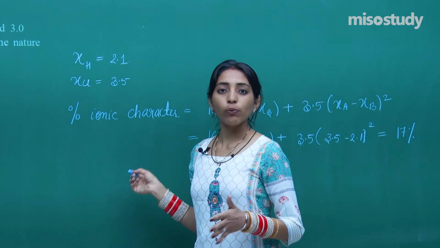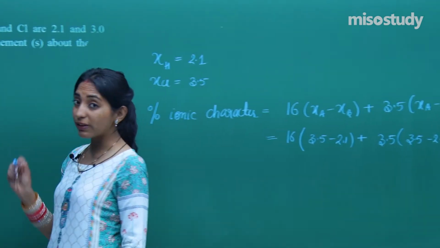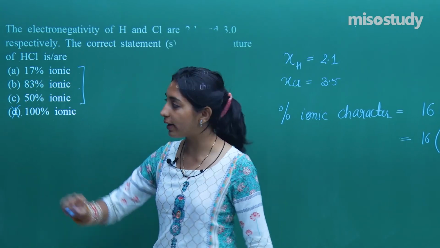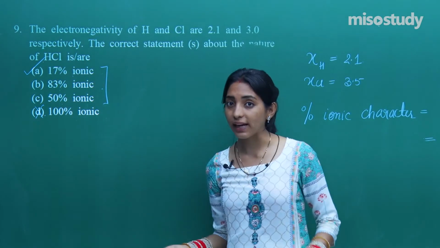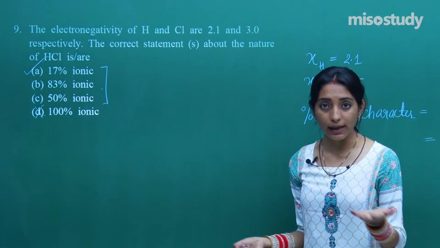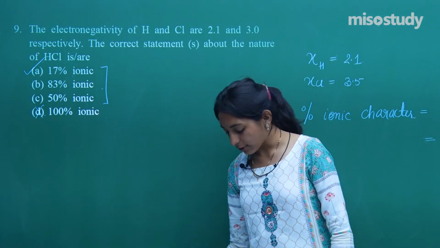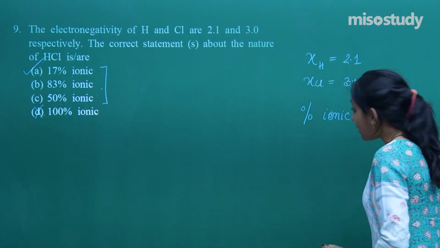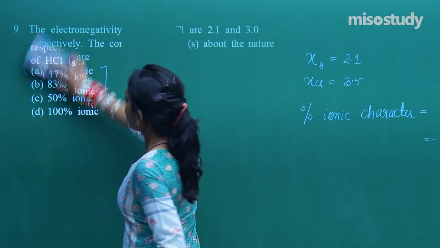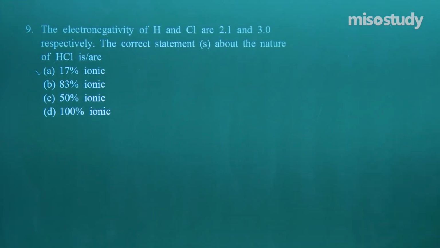Guys, my main aim was not to do the question on board, but to show you people that this percentage ionic character is really important and can be asked in JEE Advanced once again. It has already been asked and there are more chances that it can be asked in upcoming examinations also. Fine. So do remember this percentage ionic concept very nicely. Cool. Now having done the 9th question, we now have to move to the 10th question, which is the last question of the session.